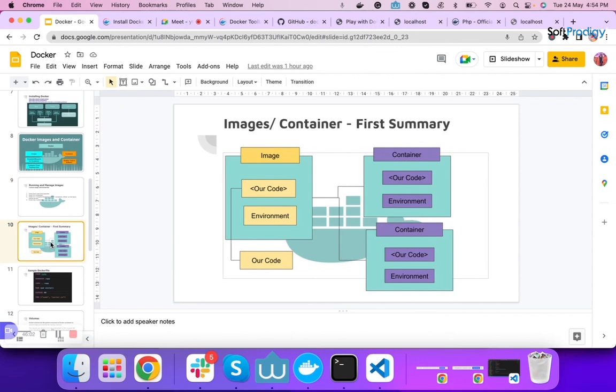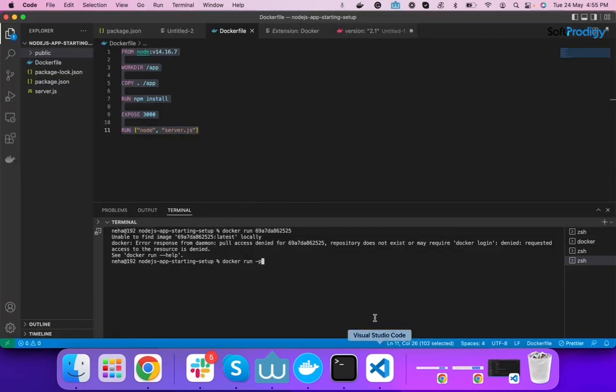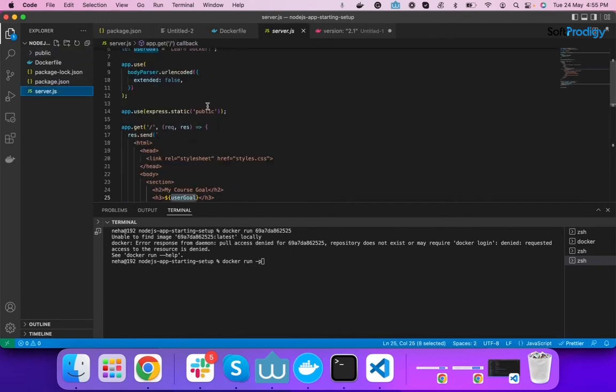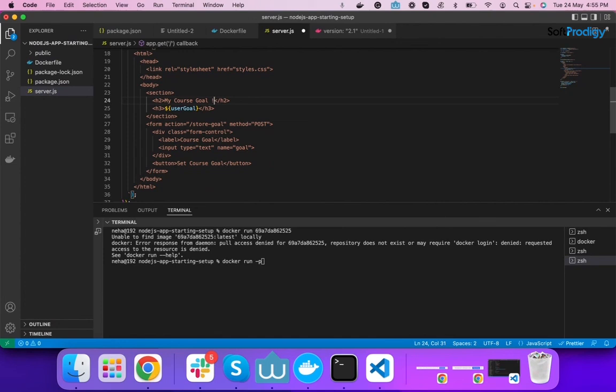This is just a summary of what I have explained before. Whenever we are working with images, suppose we have created an image and we want to make some changes to our server file. You can't apply this change directly to the image.